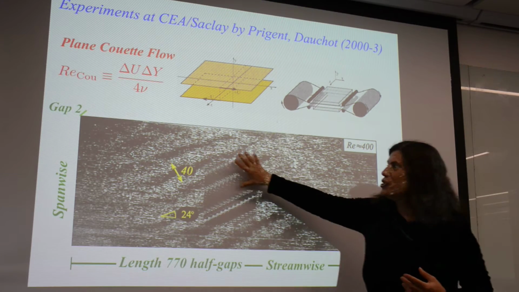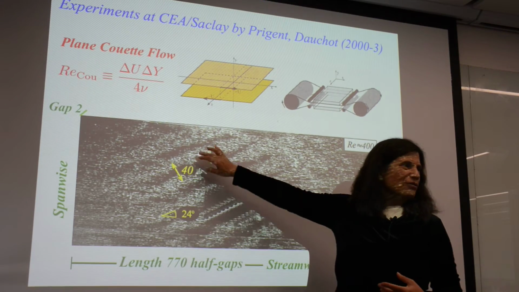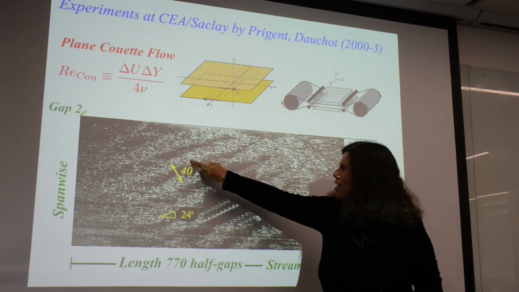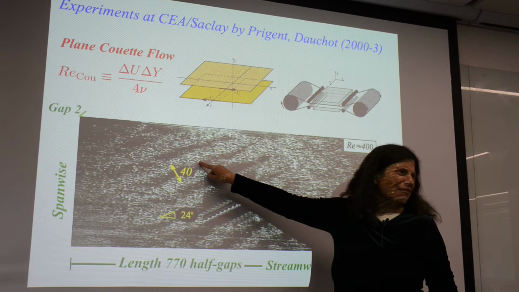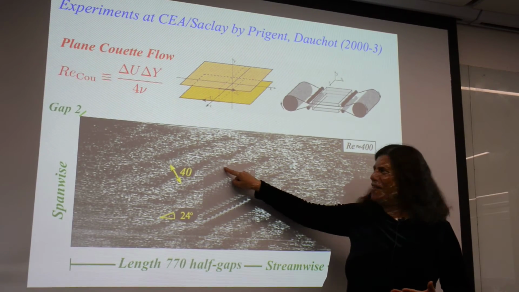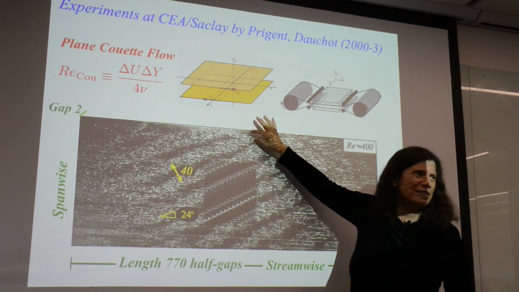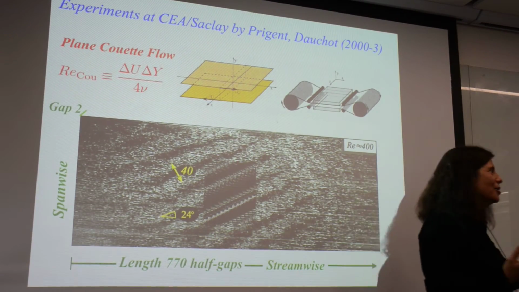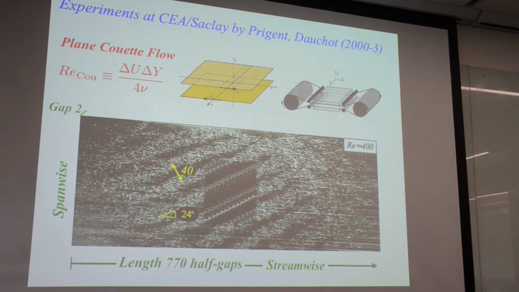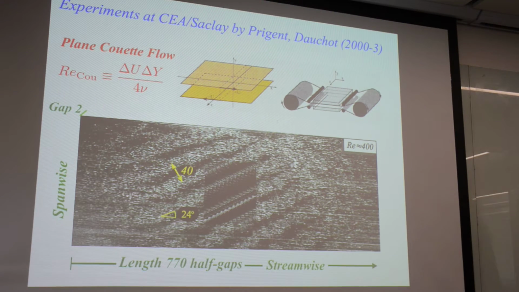So this organization is really remarkable. This stripe consists of a whole bunch of little rolls that just sort of stop here and make laminar flow and then start again, and they know about each other such that they can form these stripes. I'd like to say that I could give you the explanation of this, but I do not. I have a lot of facts, but not the explanation. This is a remarkable result.